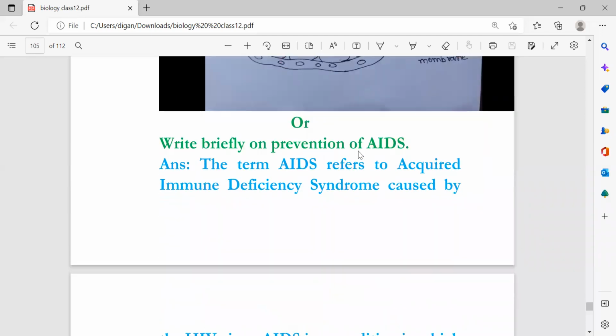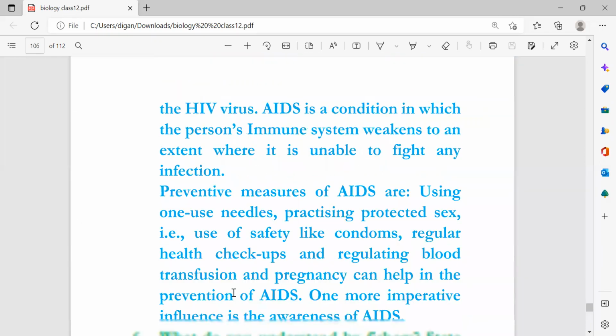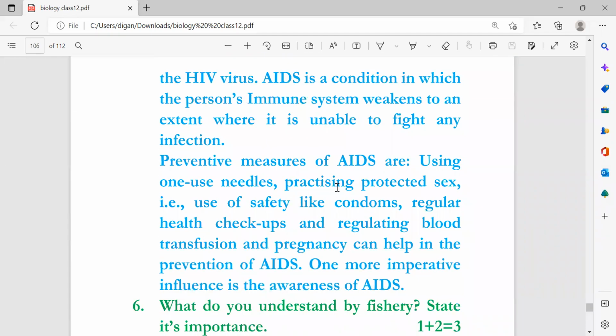Next, write briefly on prevention of AIDS. AIDS refers to acquired immunodeficiency syndrome, caused by the HIV virus, and some preventive measures of AIDS are using one-use needles, practicing protected sex, that is, use of safety like condoms, regular health checkups, and regulating blood transfusion and pregnancy can help in the prevention of AIDS. One more imperative influence is the awareness of AIDS. Next,